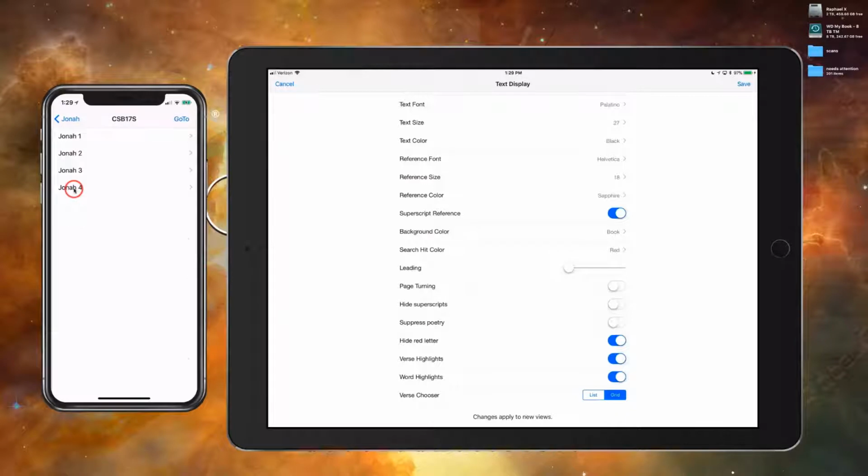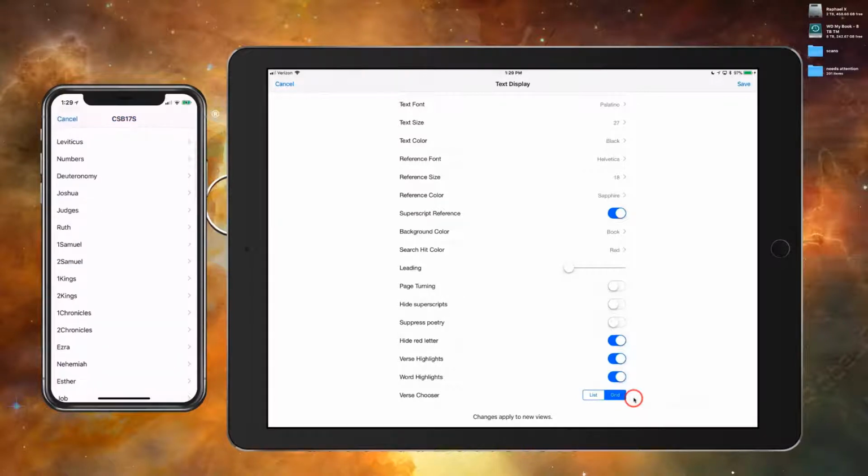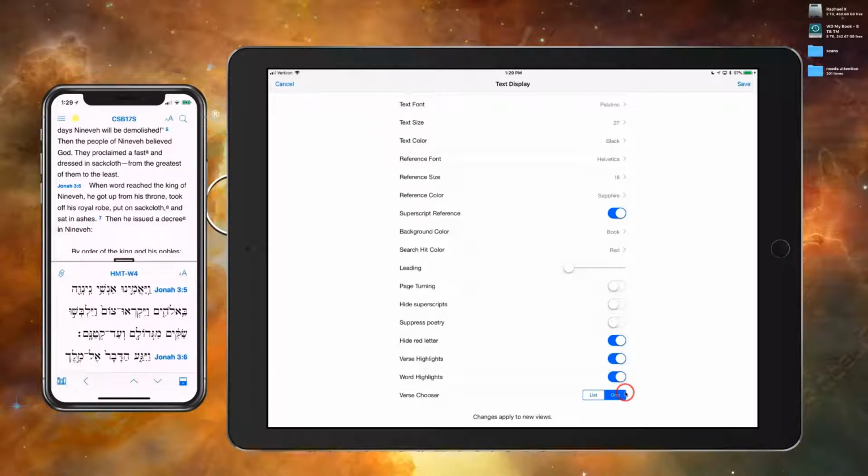And so if it's in list view, I come here and I select whatever I want that way. I really prefer it to be on grid. I'll show you as soon as we get back to the screen what the grid looks like. I think it's more compact, and you don't have to do all this scrolling like you see there. Okay, so that's a few of the things on